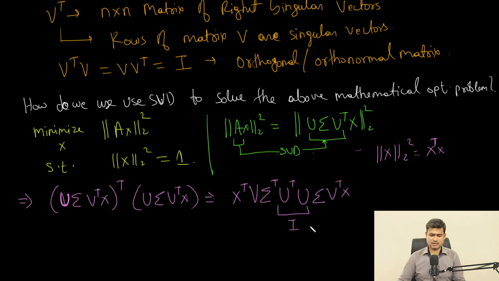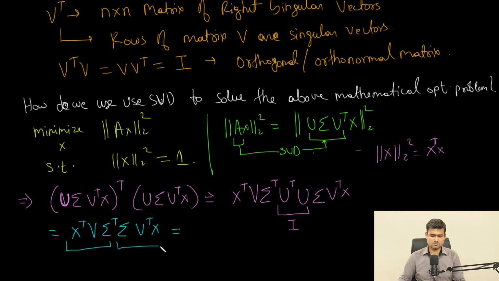So this becomes an identity, and this expression becomes x transpose times V times sigma transpose times sigma times V transpose times x, which is equal to